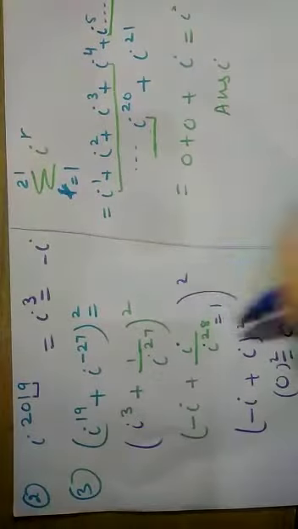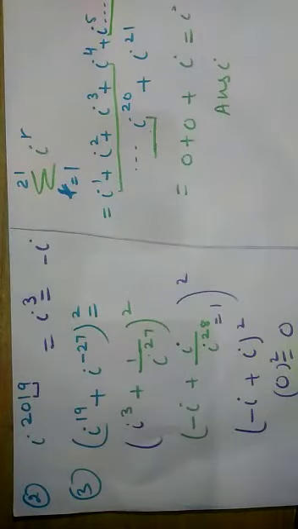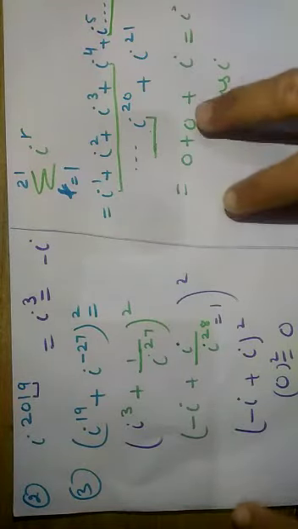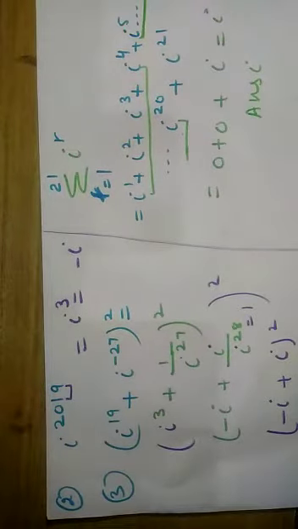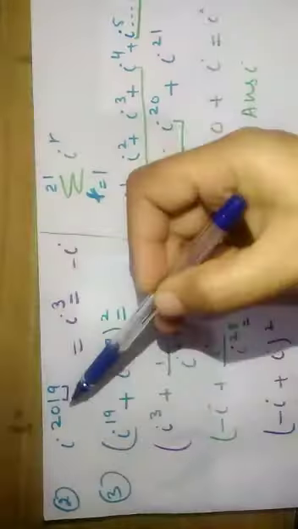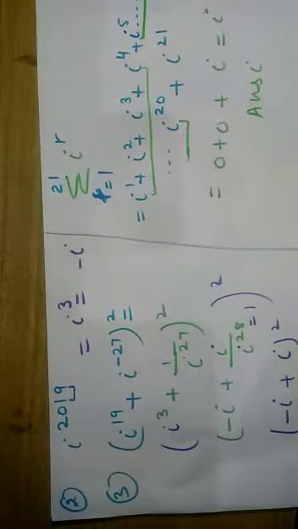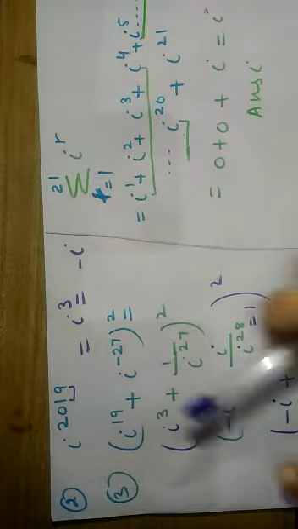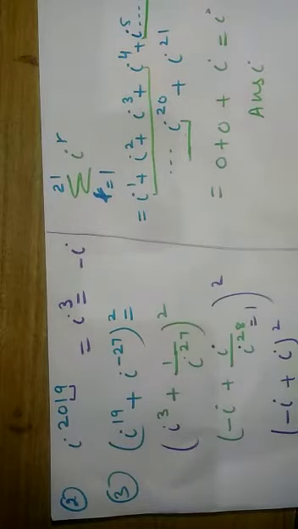Suppose I have iota raised to power 2019. So quickly we will check, is it a multiple of 4 or not? To check the multiple of the 4, we will simply check the last two digits. If the last two digits are a multiple of 4 or not, this is the rule for the divisibility of 4. So I will check simply whether 19 is divisible by 4 or not. 19 is not divisible by 4. It will give me the remainder again 3.